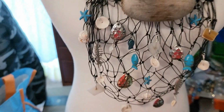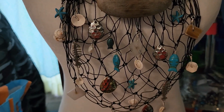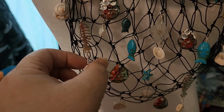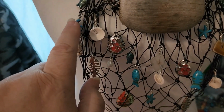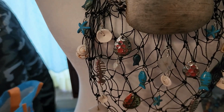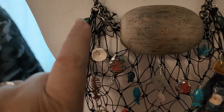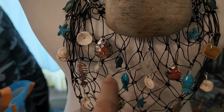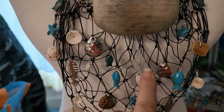And then here is our net with all of our poor things that got stuck in it. There's a fish with some of his bones hanging down. There's some shell, starfish, and incidentally, these starfish I took out of my bargain bead box Coastal Breeze set. There's some more little fish here, some lures. We even have a pearl, lots of other fish, some sea glass,